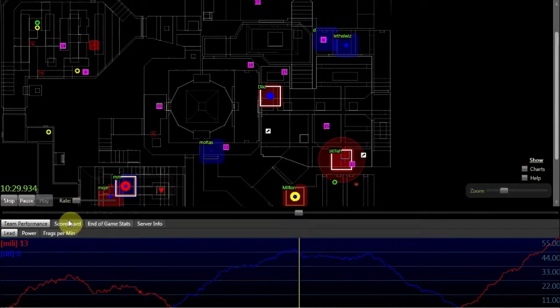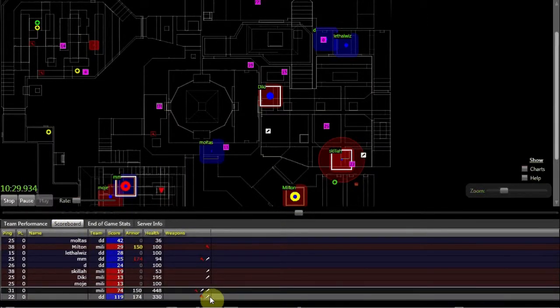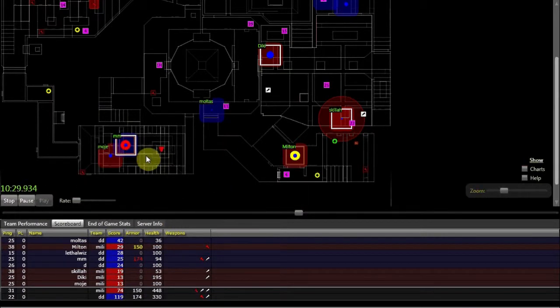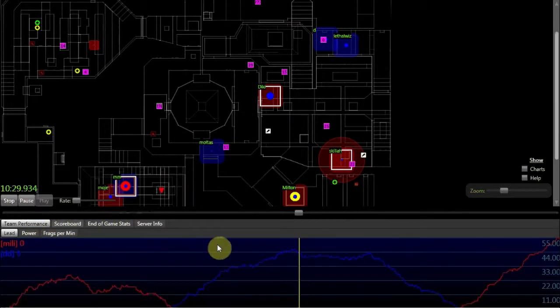What we've got is Mili with 2 LGs and RL, and DD with 1 RL and 1 LG. MM is doing what he can to hold off RA, but that was the big turning point, and from that moment it was about even for the next 3 or 4 minutes, and here in the future